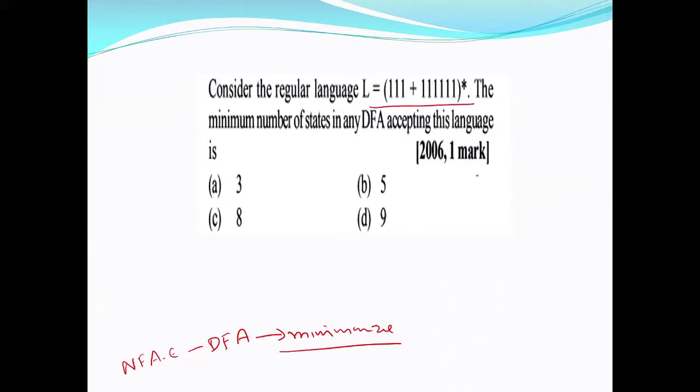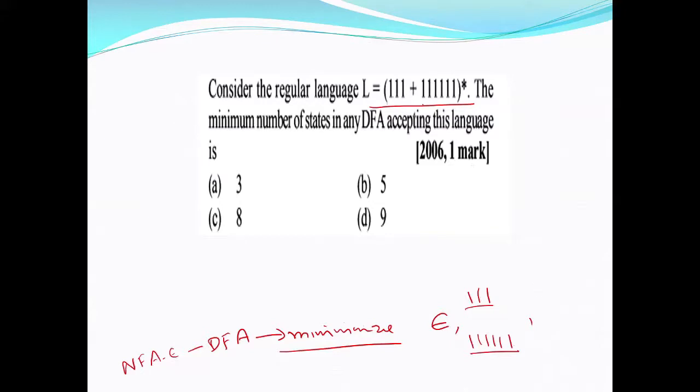Strings in this language are, see, 0 or more number of times. 0 times I get the null string. 1 time it can be this or it can be this. You can take this 1 time or this 1 time. So what is happening now? Look at this, 3 or 6 bits. Suppose 2 times, you can repeat this 2 times.